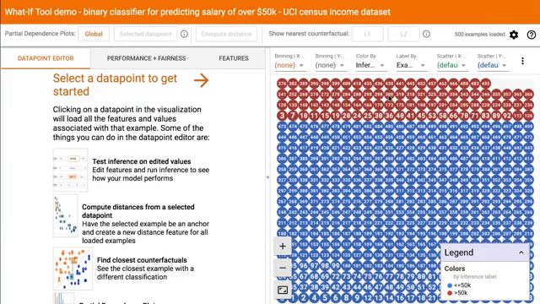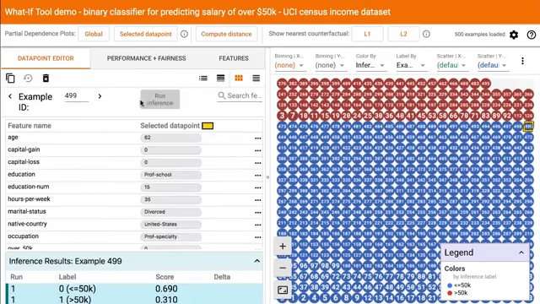As the left panel suggests that you do, select a data point. Click on the blue dot labeled 499. You'll find this in the row that lies at the intersection between the blue regions and the red regions. On the left, you'll see all the variables about the selected individual in the dataset, including age, education, and others. And on the bottom, you'll see the probability or score that the individual has gotten for the specific label.